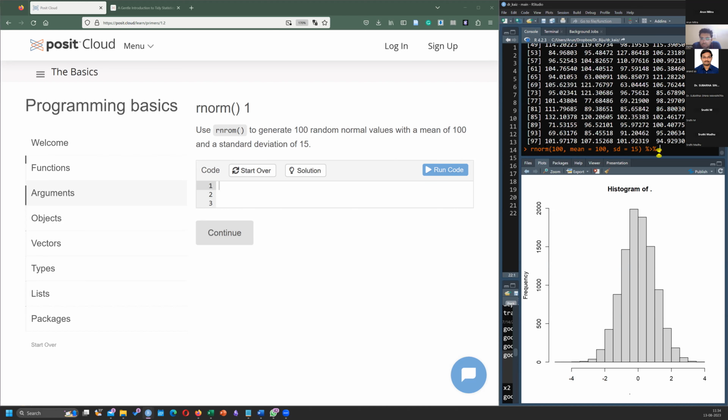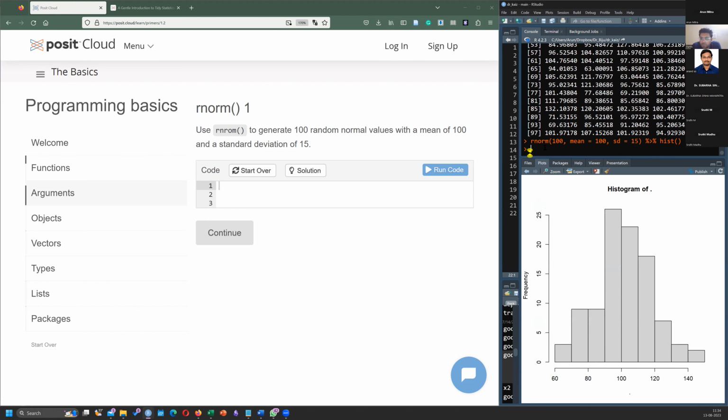Okay, let me draw a histogram. Okay, good. Correct? Yes.